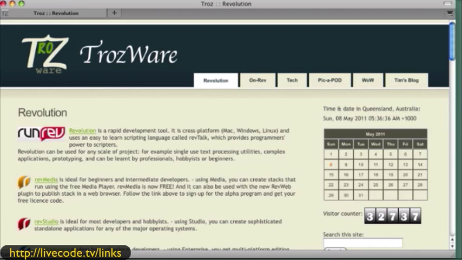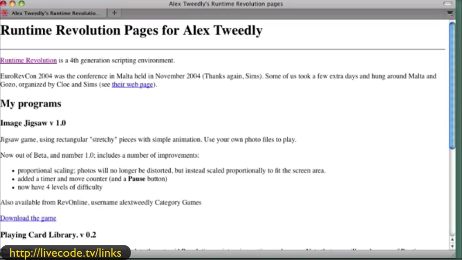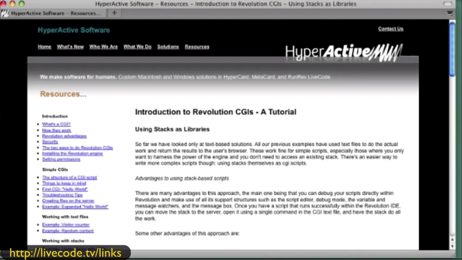And now we go to a retired gentleman, Alex Tweedley. He's very good with networking and coding and pays a lot of attention to quality as well. Examples, very helpful. He participates on the list. Here's one that is hyperactive. This is Jackie, and everybody knows Jackie, and this is one you should go take some time to look through her site. She has quite a few things on there that are valuable. And here's a new